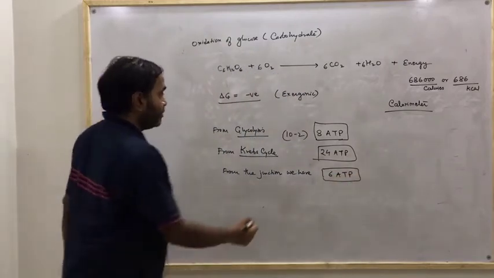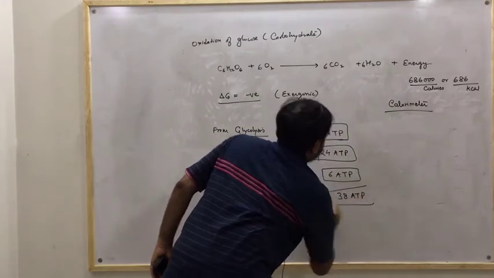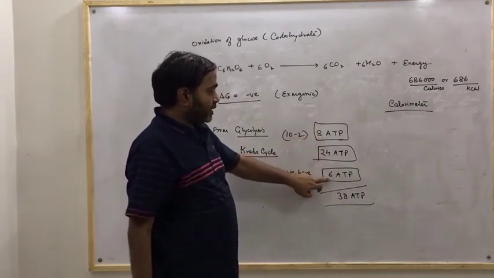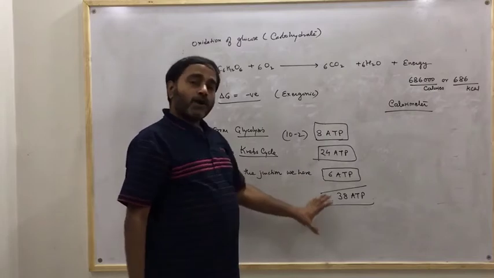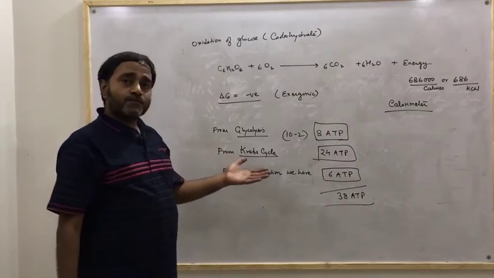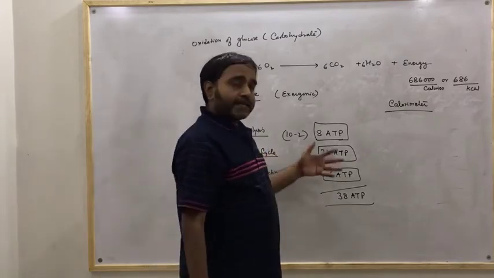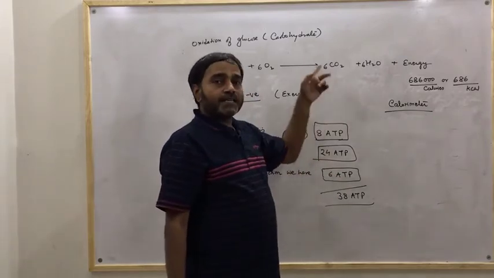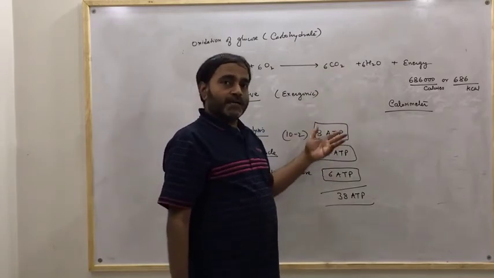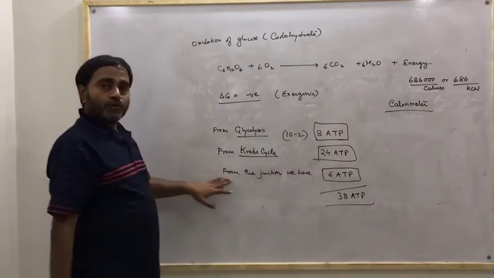So how much total ATP will be there? It is 38 ATP, because sum it from here: 8 ATP plus 24 ATP will be 32, and 6 will be 38. So about 38 ATP is formed, but you may find variance, because in some textbooks and notes it is written 36, 34, or it may vary. Why? Because people take different amounts of ATP generated from NADH or FADH2. That's why the energy equivalence will be different in some cases. But normally 38 ATP will be formed from 1 mole of glucose.